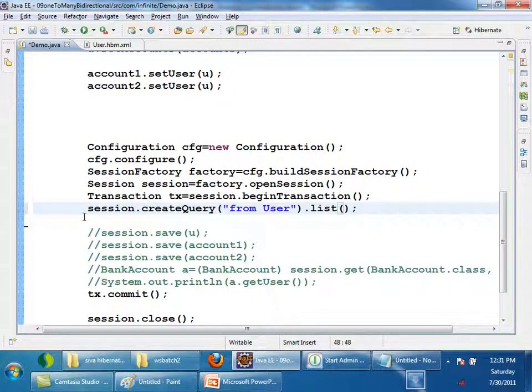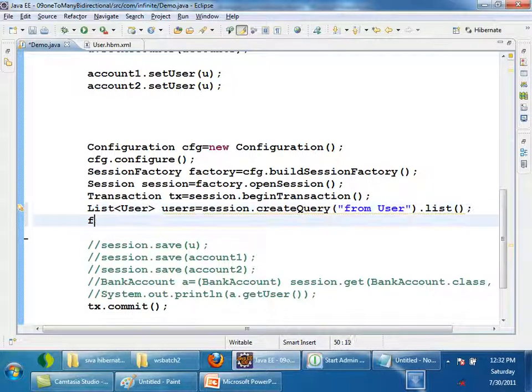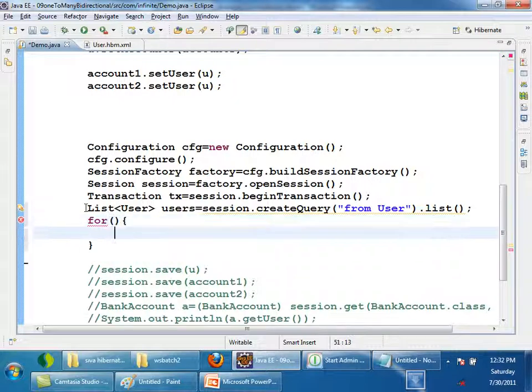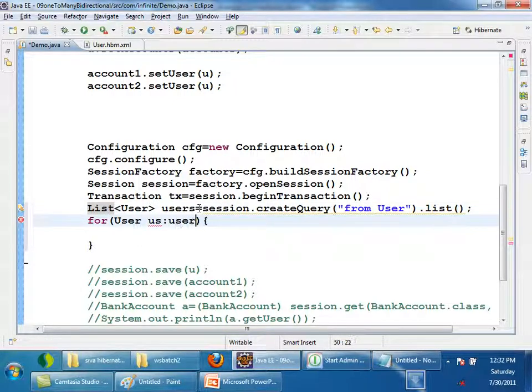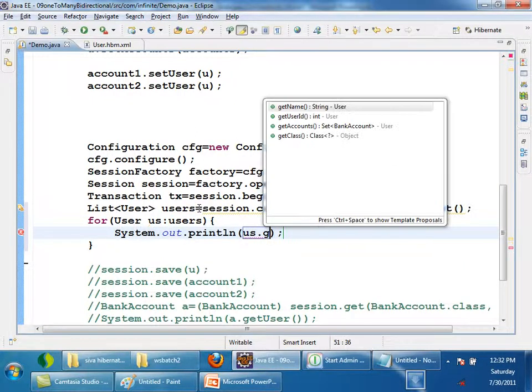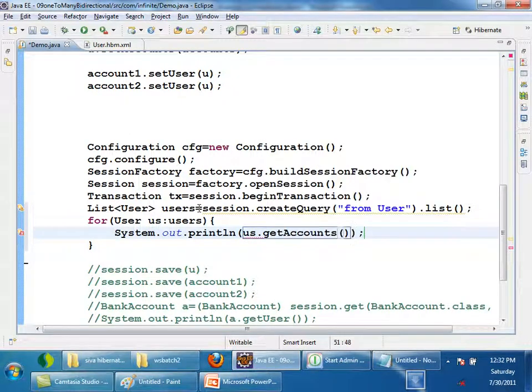I will get a list of users. Then quickly I will go through each of this loop, for user us colon users, system.out.println, I will just try to print us dot get accounts, right?